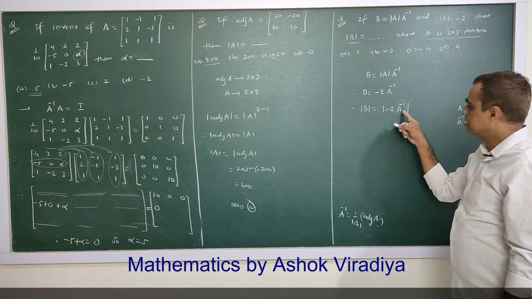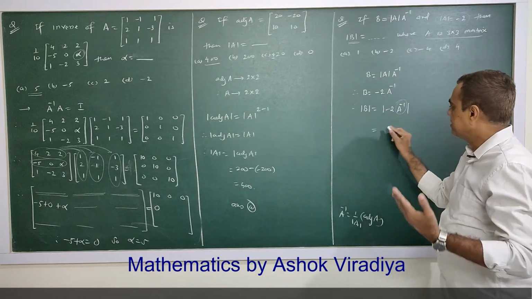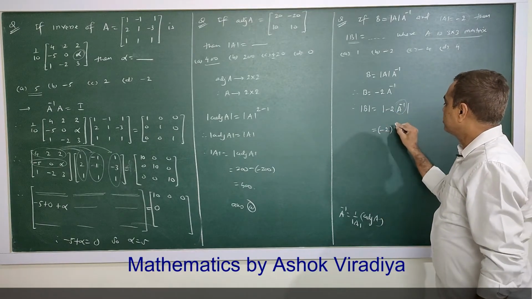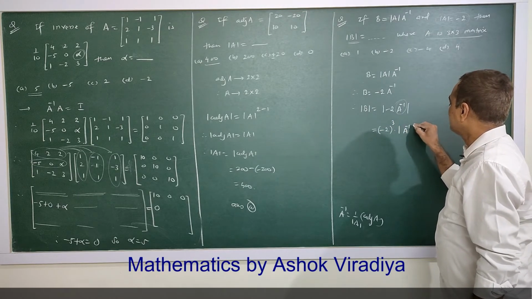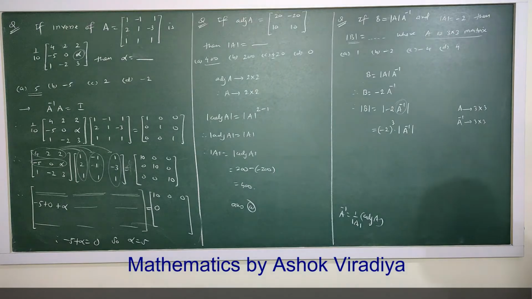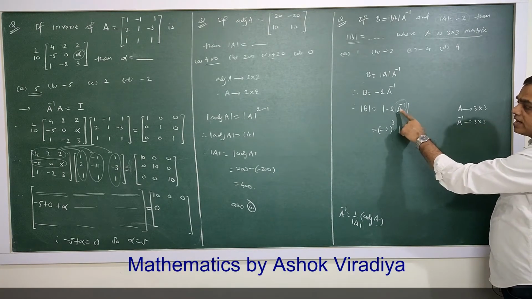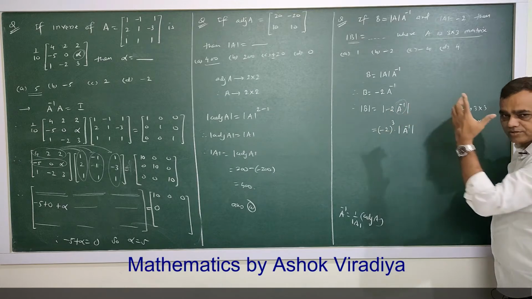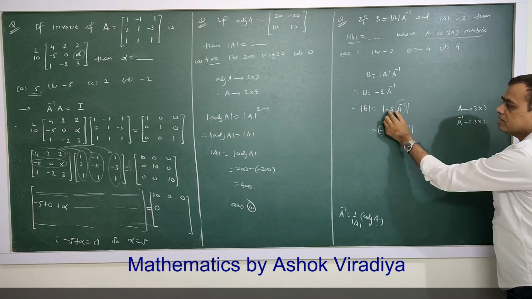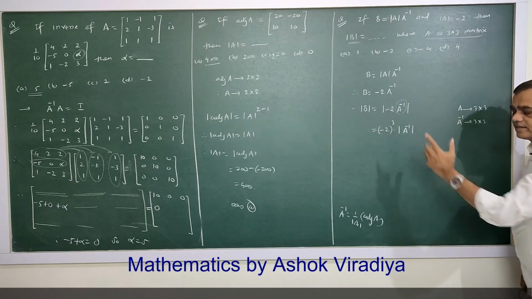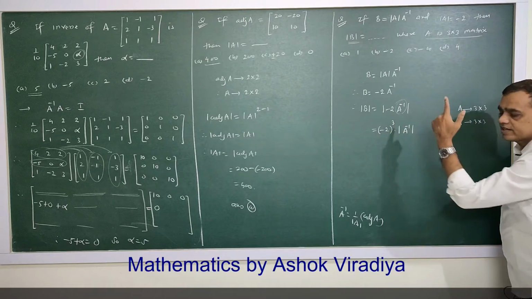And because this is a 3 by 3 matrix, taking minus 2 outside, it will be minus 2 raised to 3 into determinant of inverse of A. If this is 2 by 2, then outside minus 2 square comes. ये 3 by 3 है तो बाहर क्या लिखना है, या जो भी नंबर k है k क्यूब लिखना है. अगर ये 4 by 4 है तो बाहर क्या लिखना है, रेज टू 4 लिखना है.